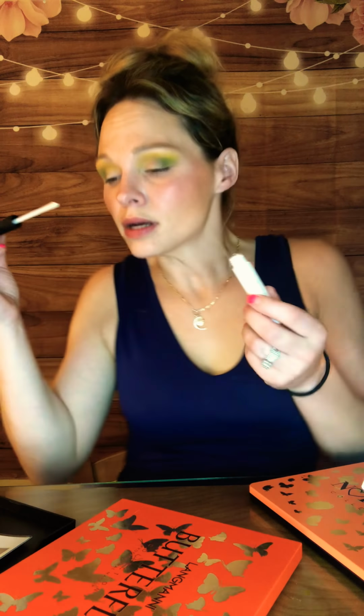Okay, so this is where we are at. Honestly, it looks very, very similar. Okay, we're definitely going to test out the shimmers. I'm going to go in on my lid with the NARS Smudge Proof Shadow Base. I just got this the other day, and it is really, really good for a lid